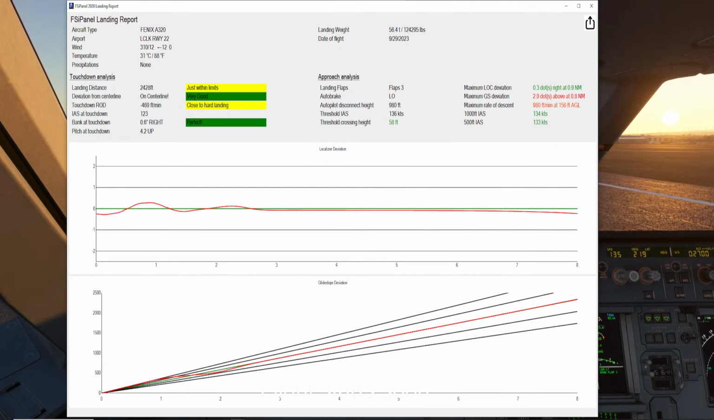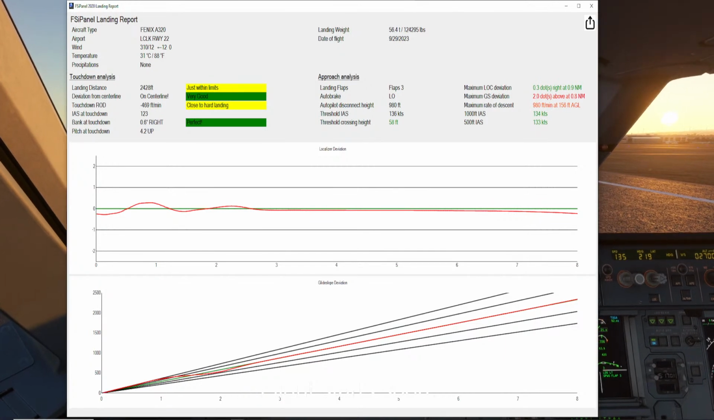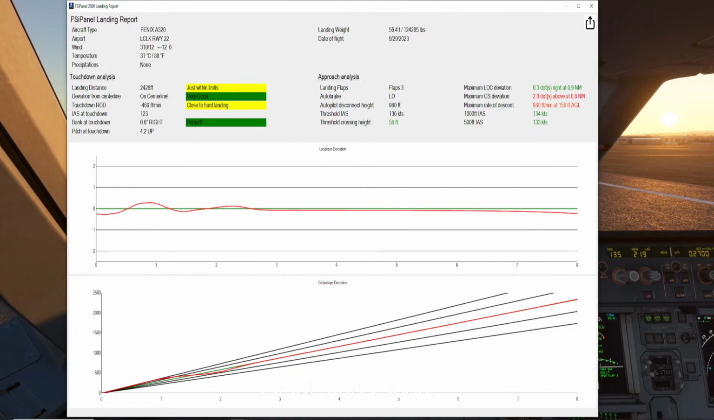It's just within limits, landing distance on centerline. I was surprised with that. But look at the touchdown rate, negative 469 feet per minute. As you can see here, it looks at my... let's just put the brakes on a minute. Maximum localiser deviation, 0.3 dots. Glide slope deviation, 2 dots above at 0.8 nautical miles. Maximum rate of descent, 980 feet per minute, because that's where I went off the profile and overcorrected